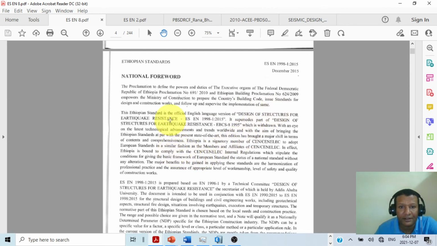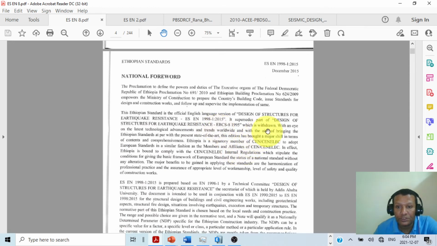The Ethiopian standard is the official English language version of the design of structures for earthquake resistance, ES EN 1998-1:2015. It replaces the design of structures for earthquake resistance, EBCS 8:1995, because in 1995 we had the Ethiopian Building Code of Standard 8, but now it is changed into the new version ES EN